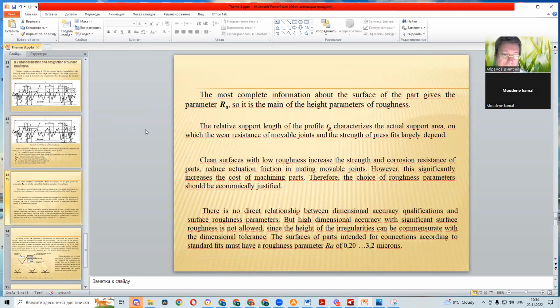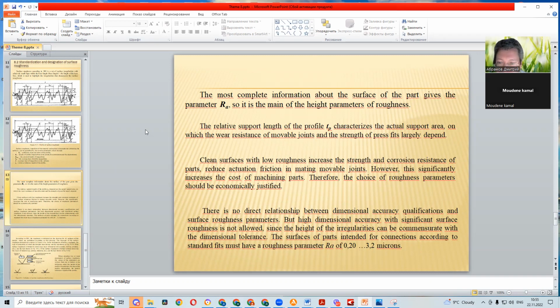So we continue. Next slide. The most complete information about the surface of the part is given by the parameter Ra. So it is the main of the height parameters of roughness. The relative support length of the profile tp characterizes the actual support area on which the wear resistance of movable joints and the strength of press fits